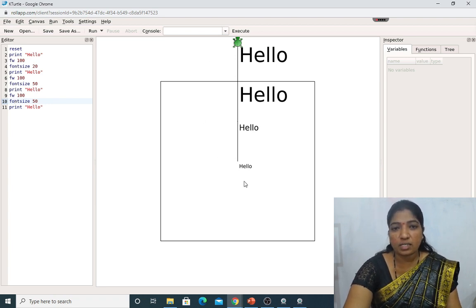My dear students, this is all about the font size command. In the next section we will be reading some more commands with detailed topics. Let us stop here and in the next class I will complete it. Till then you have to practice it.